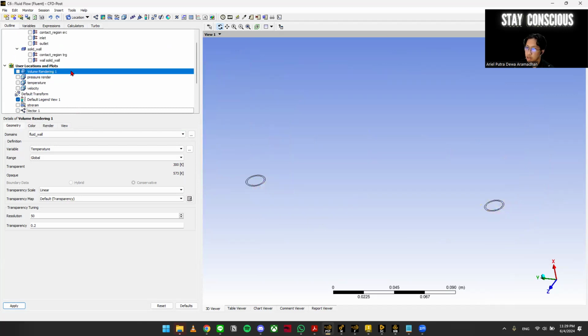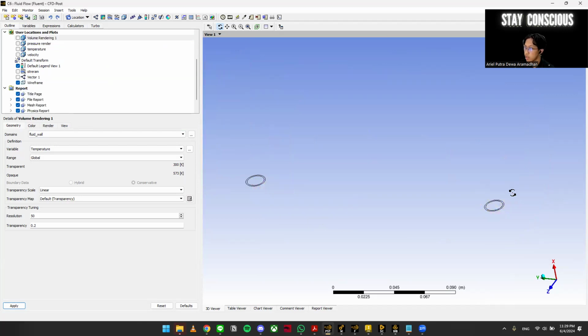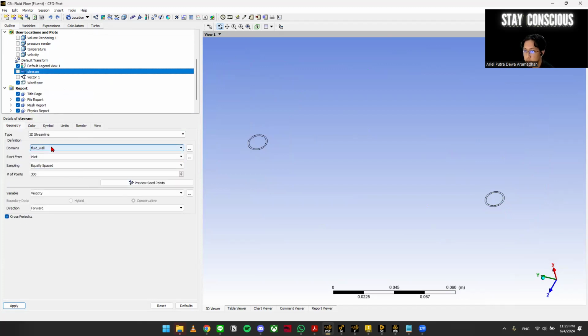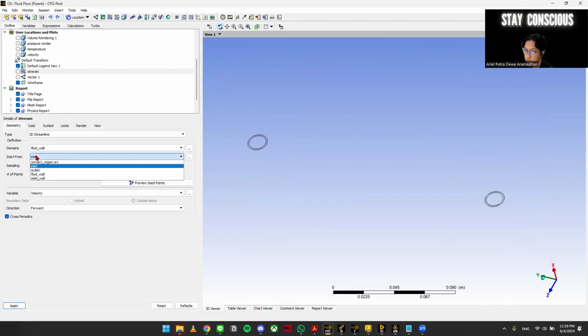So next one, let's say you want to animate the fluid particles going through the pipe. You can use the streamline here. Just click the streamline. Okay, I've done it before, so let's see. You have to set the domain to fluid wall, and then the starting point from your inlet.